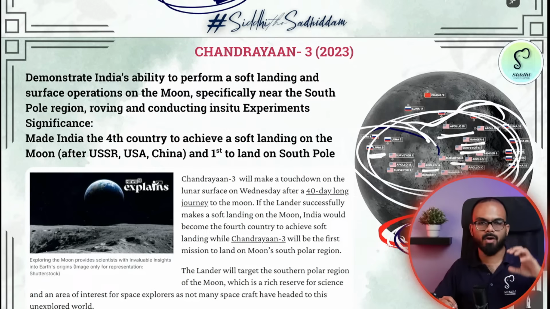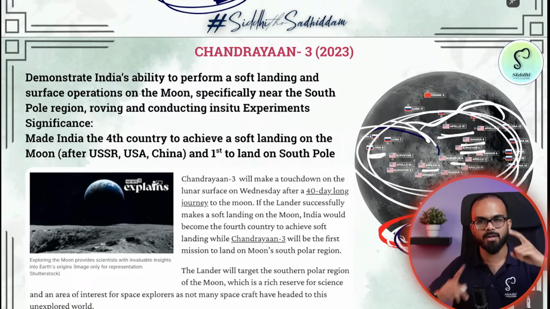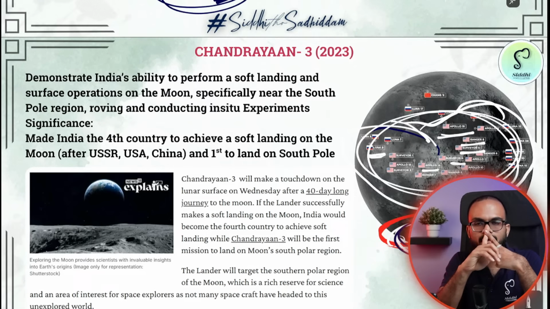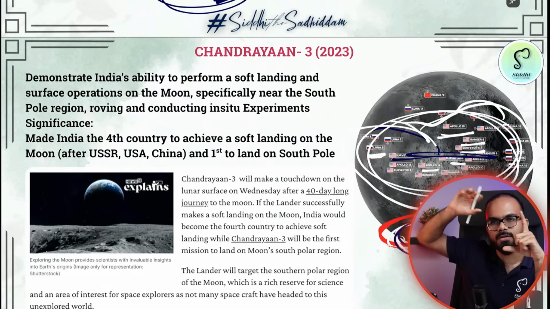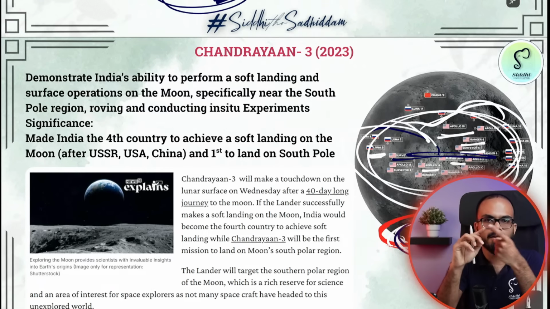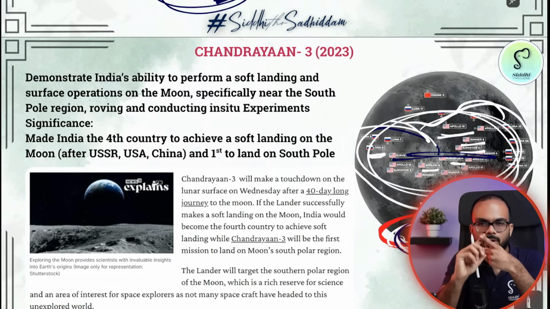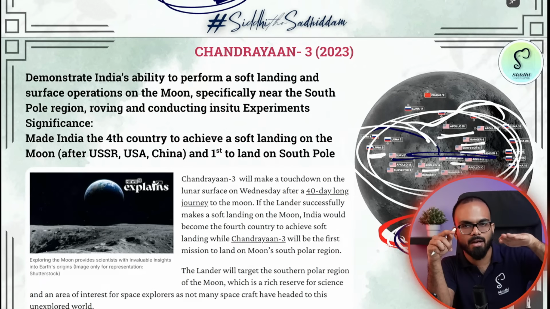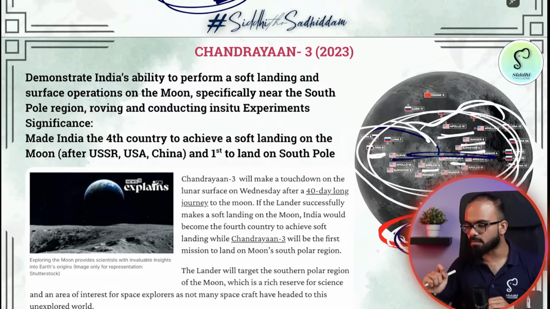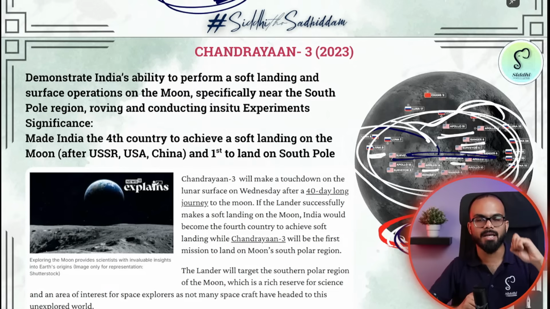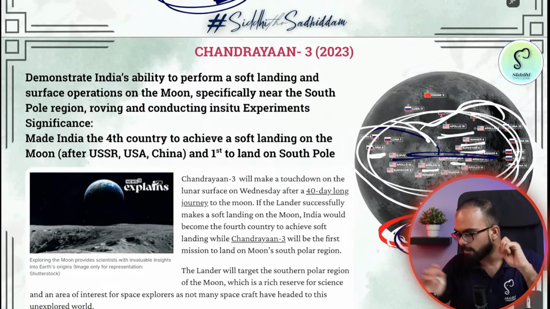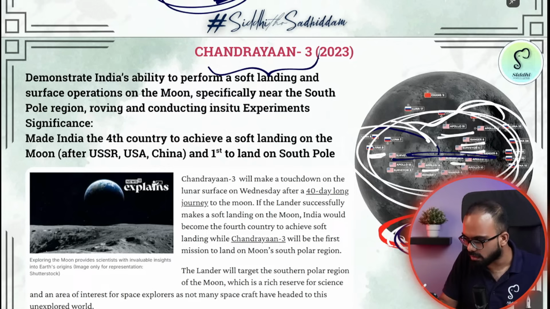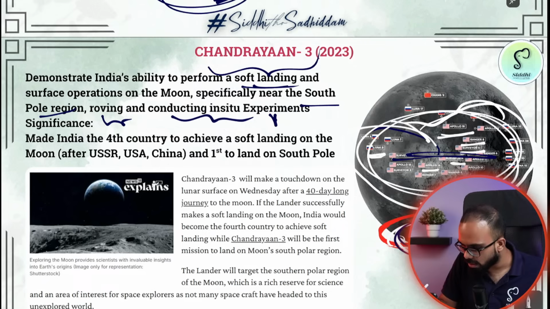Landing on the South Pole of the moon is extremely difficult because one, it is pitch dark. The equatorial region of the moon is exposed to sunlight, there is visibility. Whereas the South Pole is pitch dark. Two, South Pole landing is also difficult because there are a lot of mountains, a lot of craters on the South Pole, there is not much even surface. So landing on the South Pole is extremely difficult. Because of that, India could not land successfully on the South Pole. Chandrayaan 2's mission objective was to soft land near the South Pole region, rove, conduct local experiments, etc.